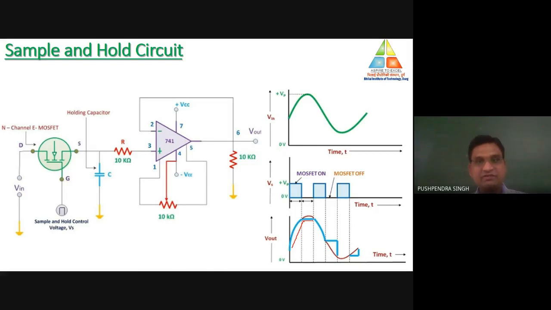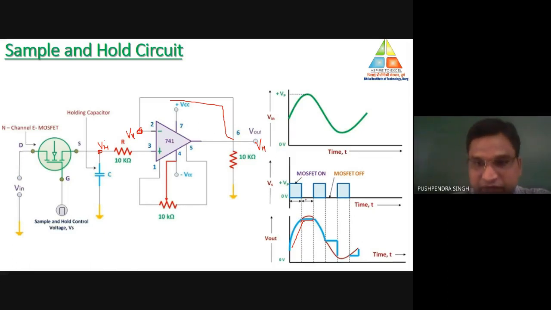Why is the output constant? Whatever the voltage across the capacitor is at this time, at this time also the value of voltage is the same. Why? Because the input voltage is 0 now. So when there is no voltage, whatever the voltage across the capacitor is, the same voltage it will draw at the output. Why is it drawing the same voltage? It's a buffer circuit, right? So whatever the voltage is over here, due to virtual ground, the same voltage will be at this terminal. So if the value of voltage here is VH, here also the value of voltage will be VH, and this is connected to the output. So the output terminal is also connected to VH. That means we are getting the same voltage at the output.